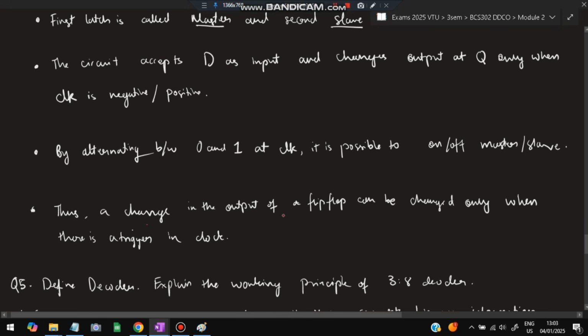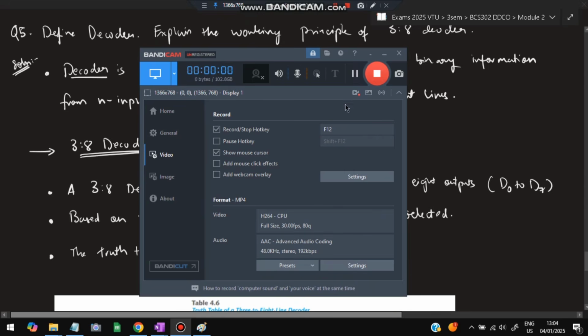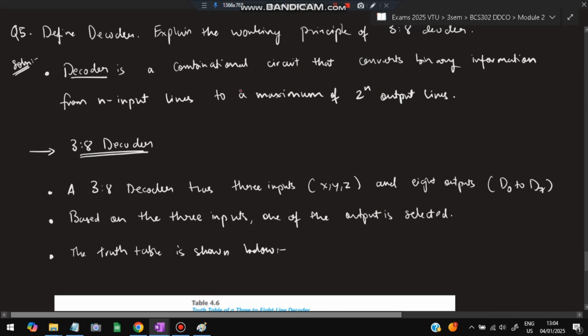Okay, so the output of a flip flop can be changed only when there is a trigger in the clock. Trigger means either it became 1 or it became 0. At that time only change can happen. Otherwise it will remain constant. Okay, got the point? Moving on to the fifth and last super important question of DDCO module 2,